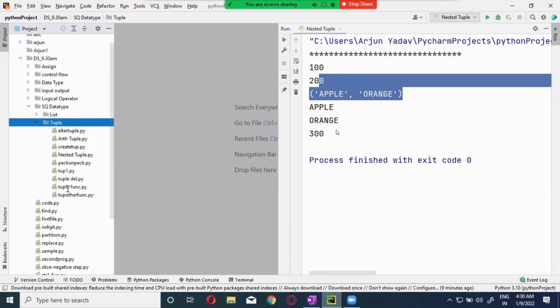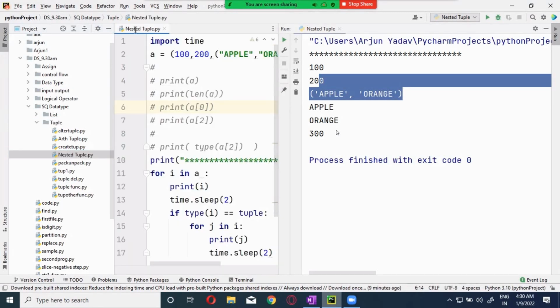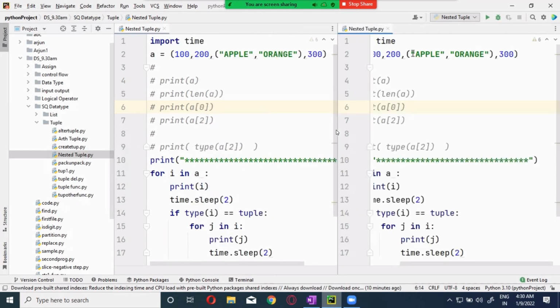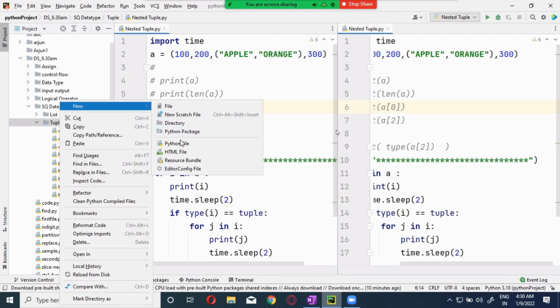Nested tuple कहाँ लिखा था यहाँ पर? This I'll keep it on to the right side. This one you write it down. I will take another one, nested tuple का.